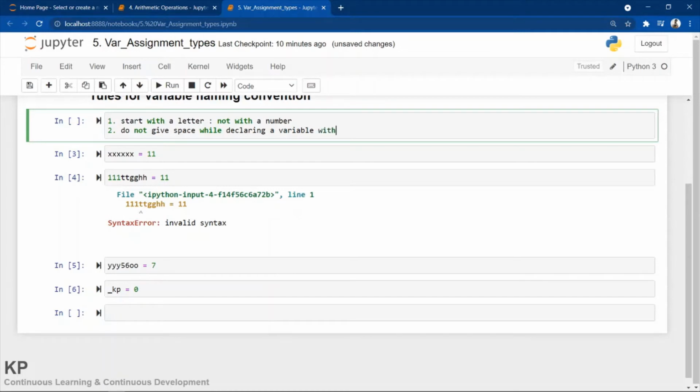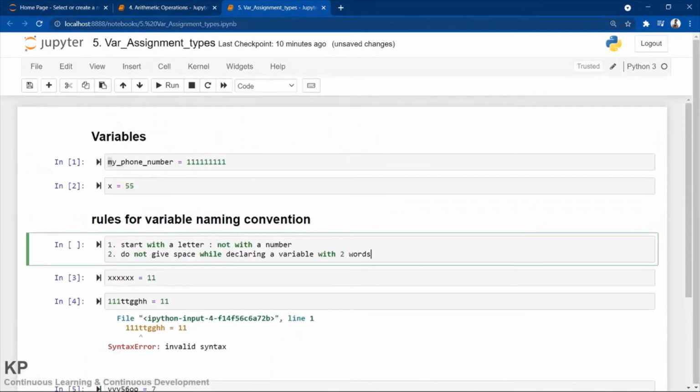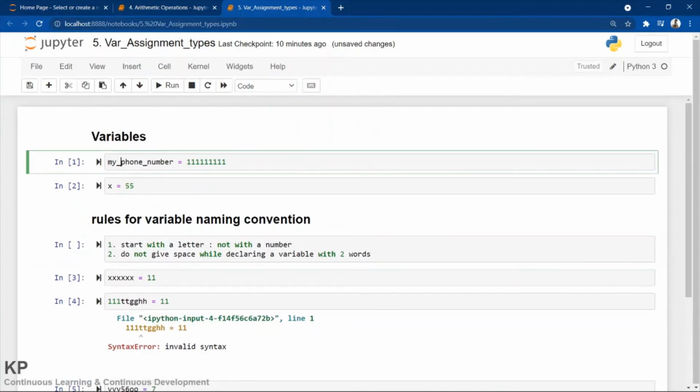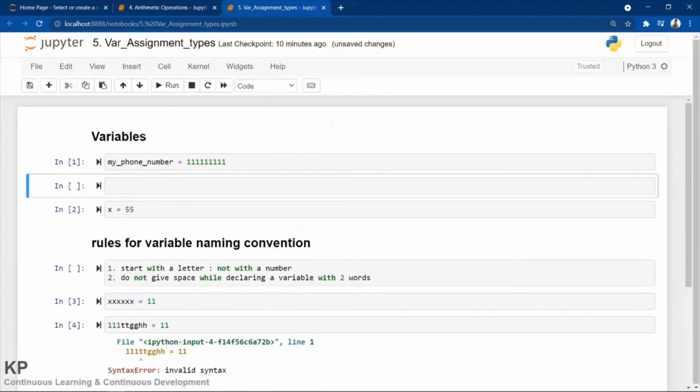I can write with two words. Suppose here in the first example I could have written, let me copy again, I'm copying and pasting it over here, my space phone space number, but this is not the syntax. Normally if you do some mathematical calculation somewhere, then you can write the number of students equals to, or the number of people given vote equals to.